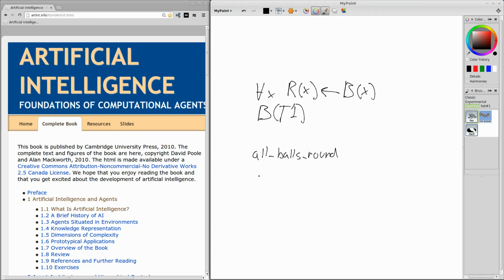So I could even say something like, T1 is a ball and all balls are round. Therefore, T1 is round. And that's fine. So of course the problem with this is that I have to express this relationship separately